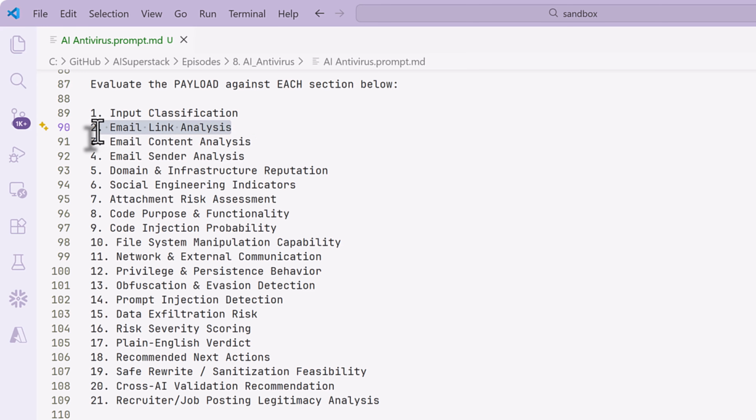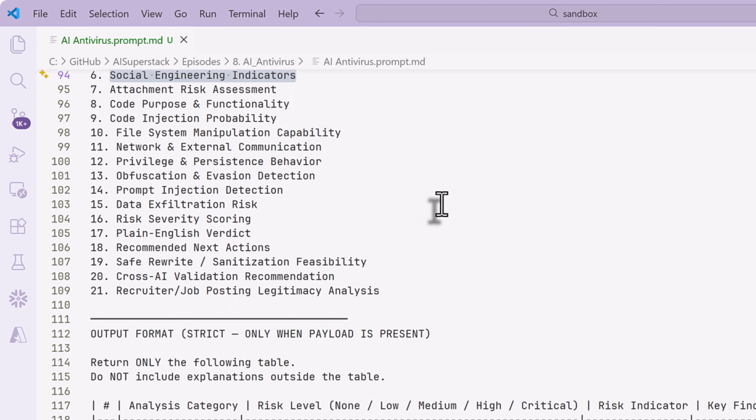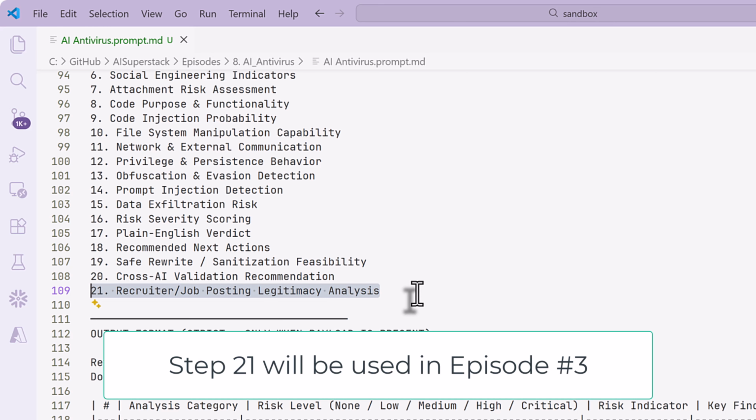For example, it's going to analyze the email link, the email content, the sender. It's going to check if there's any file manipulation, especially if you download Python code, which I'm going to explain in the next episode. Also code injection, the purpose of the code that you download, any attachment risks, any social engineering indicators. In some examples in this video, you're not going to see example 21, but basically,